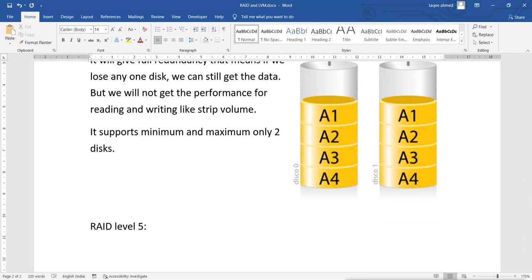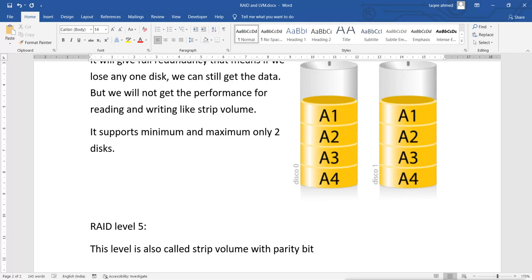Now this RAID level 5 is a stripe volume, but with parity bit. So it is a stripe volume basically, but with the parity bit.